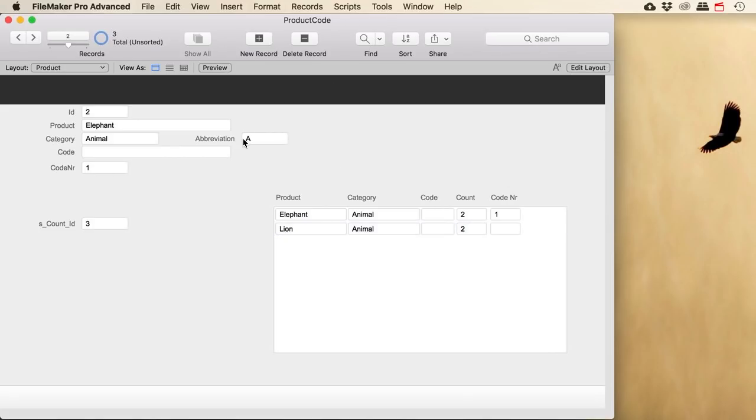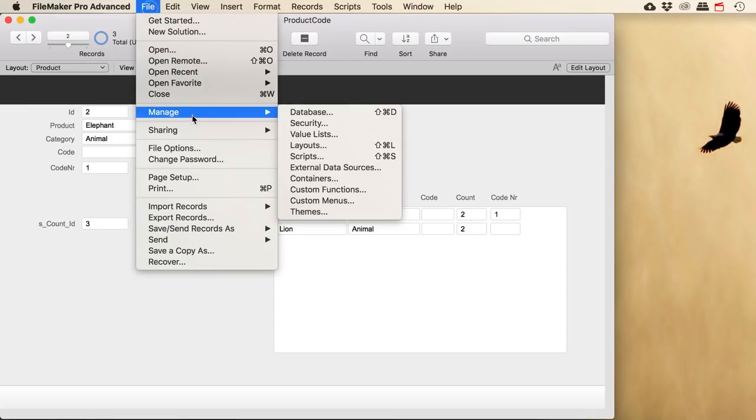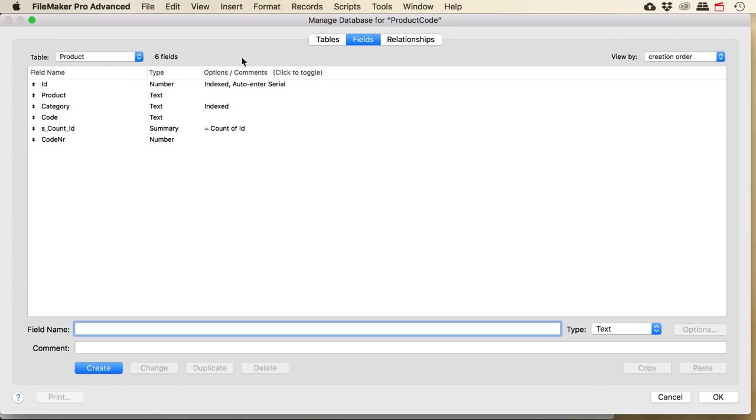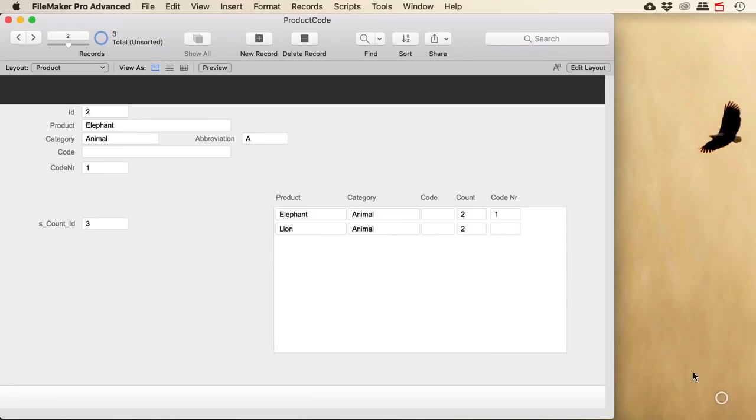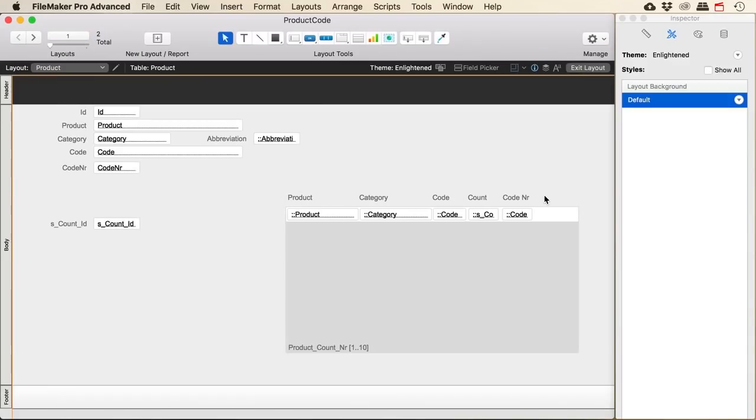But I need to do this automatically. Okay. If I want to do this automatically, then I have to know what the highest number in this here is. So I need to create another summary field. Let's go here and let's do summary max number. Let's make this a summary field. Let's create it. And let's say I would like to know the maximum of my code number. Okay, if I do that and I add this field as well,